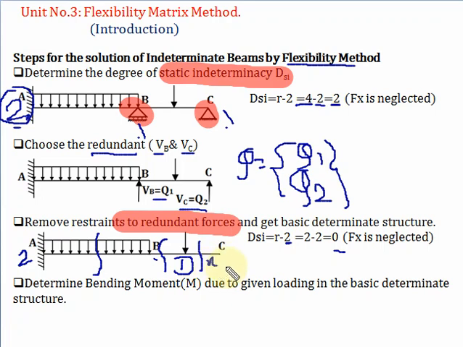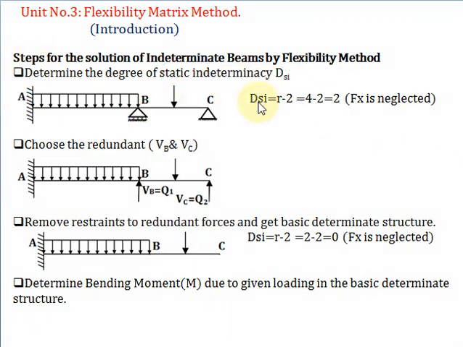And here the limit, for example, the length CD is 2 meter. So here the limit will be what? 0 to 2, considering C as the origin. Okay. Here if the length of BD is 4, so here what will be the value? 4 plus 2, 6, considering C as the origin. So like this we have to take the limits, and that we are going to see while solving the numericals.